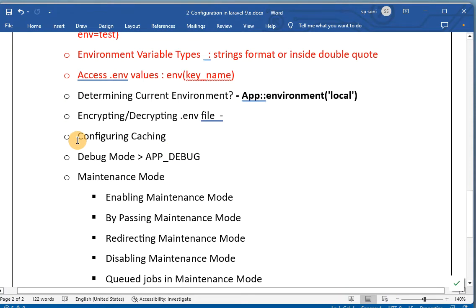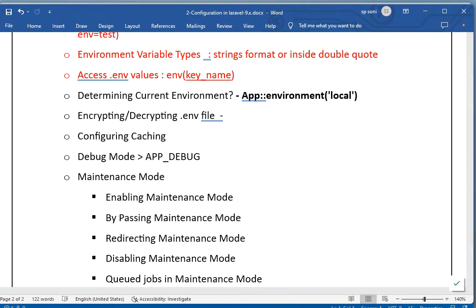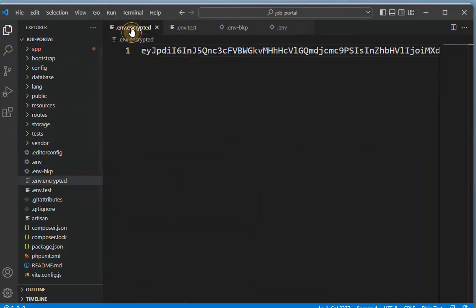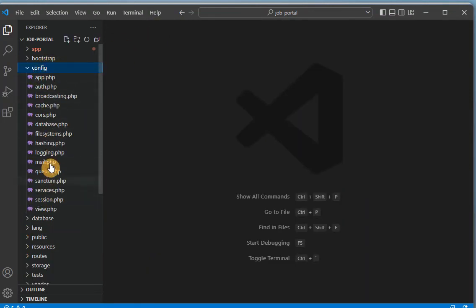Now see configuration caching. What is configuration caching? You can see in our code, in the config folder, there are lots of configuration files. Every time we run the project, these configuration files are loaded. Instead of doing that, Laravel does configuration caching. The first time the project runs, it caches all these configuration files into